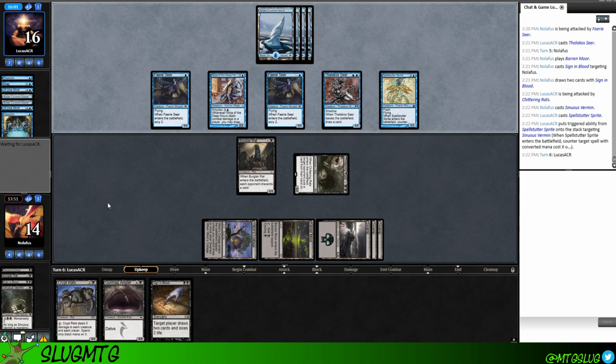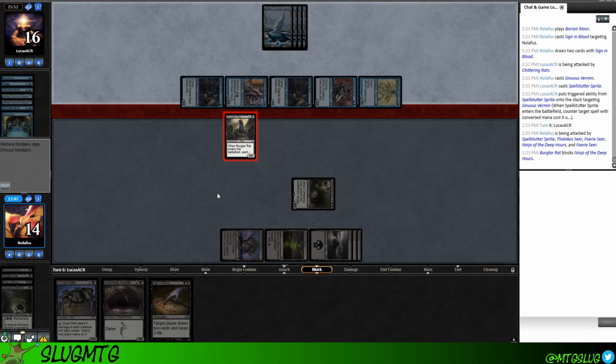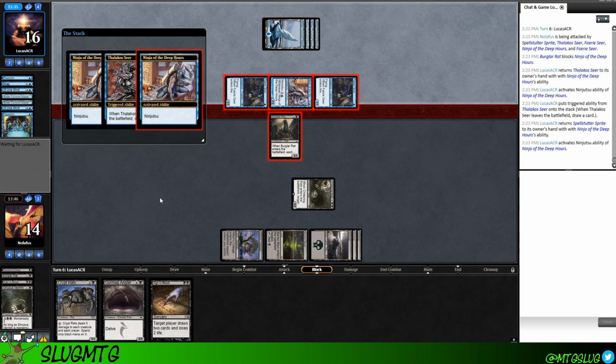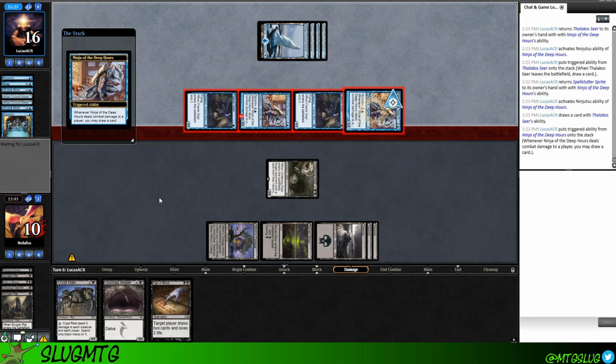And hopefully that means they don't have things for next turn. Full swing, we will block the Ninja. And they have another Ninja returning the Seer. They have 2 Ninjas, oh no. But they tap out, which means we can kill everything here. So this isn't great, but...